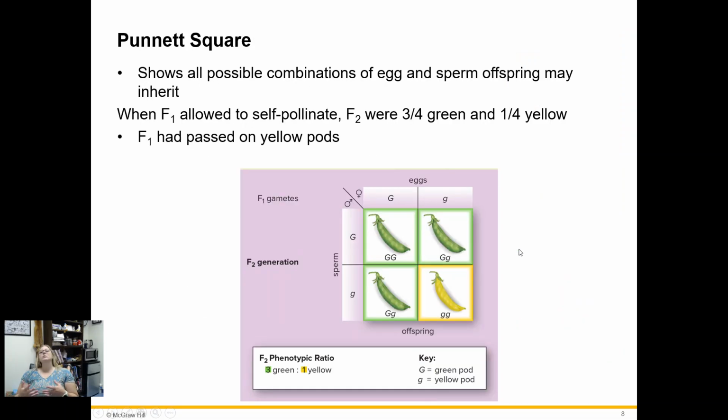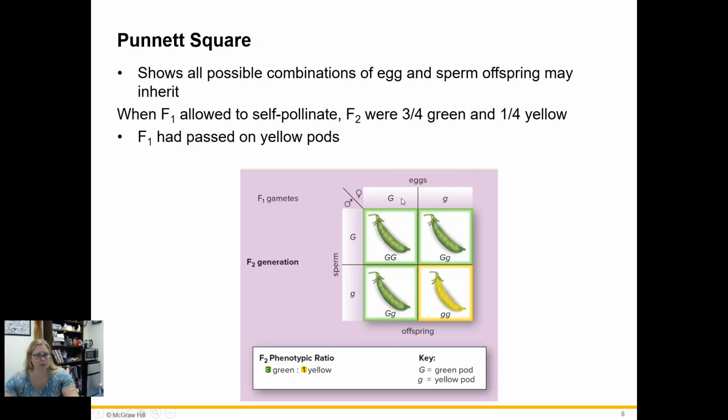Well, if we do something that's called a Punnett square, what we really see is that if I have an F1 gamete, that gamete can inherit either a dominant allele or a recessive allele, because that's what the parent has to give, right? It has a dominant trait and a recessive trait, because that individual is heterozygous. Okay, their gametes are going to be either dominant or recessive. And so we had these individuals that produced offspring when they were self-crossed that had either homozygous dominant, because in